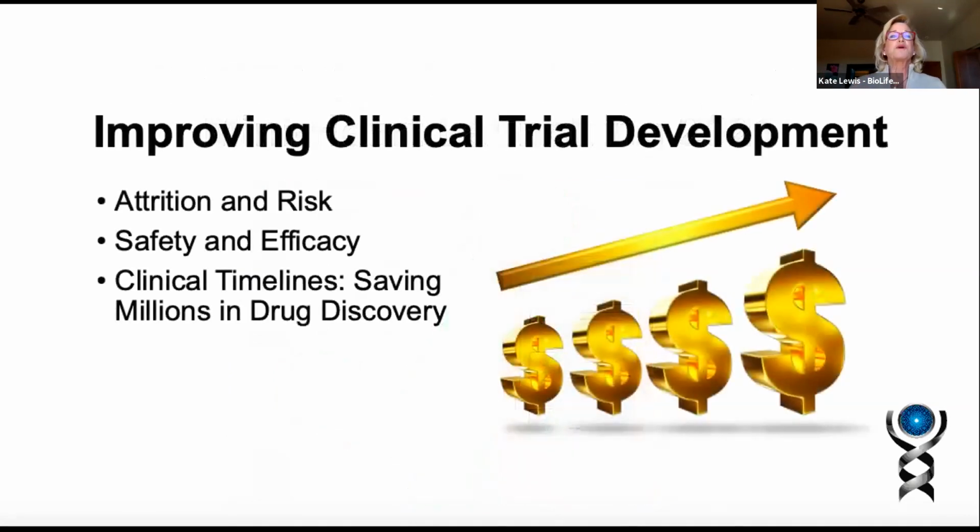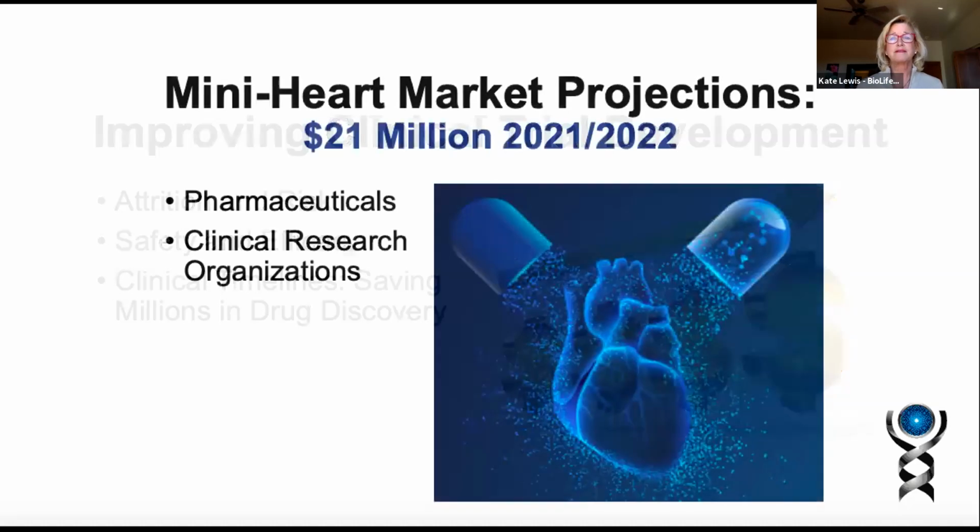to the table. We're going to be using this mini heart for improving clinical development, so it's going to decrease attrition and risk in drug discovery. It's going to improve safety and efficacy outcomes, and also duration, because the animal hearts only last maybe 3-4 hours. The mini heart will last for 30 days. That is a breakthrough in its own right. It's going to reduce clinical timelines for discovery, and the impact is going to be for pharmaceutical companies and CROs to be able to use a better mousetrap in the clinical